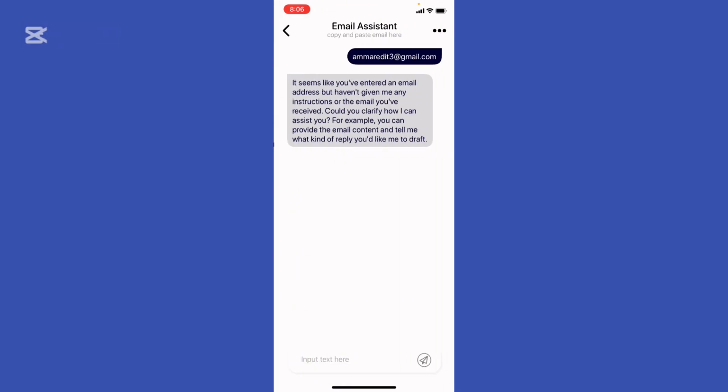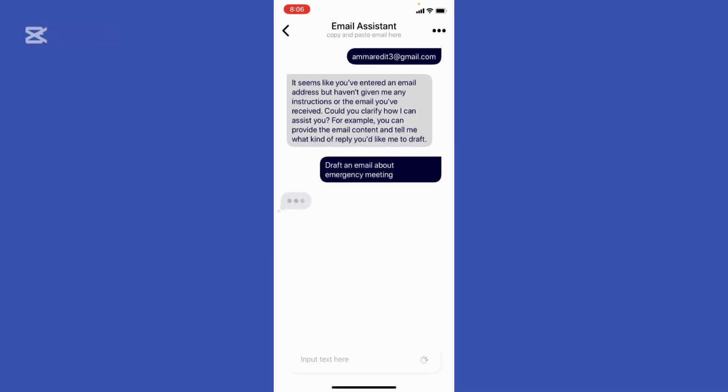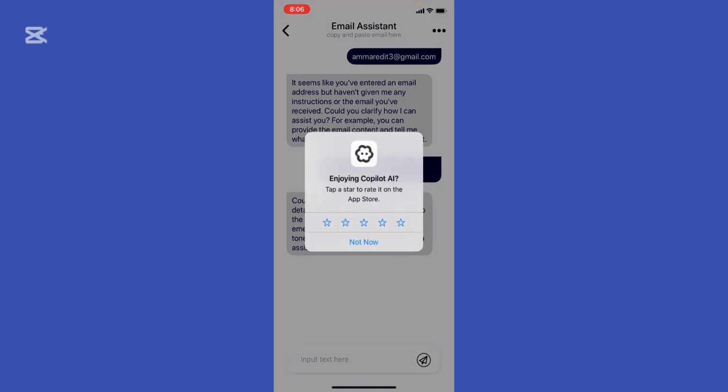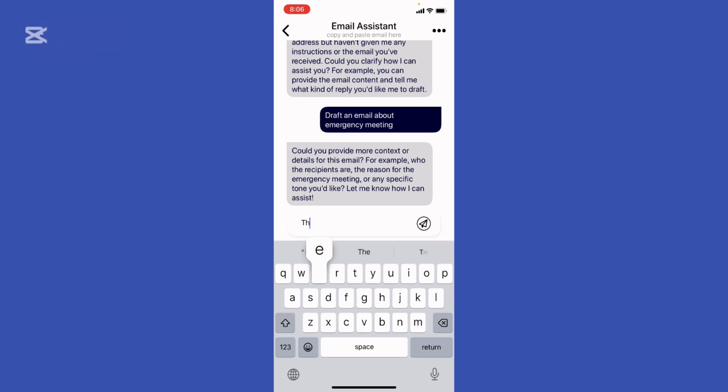You can go ahead into the email assistant, for example, and you can say draft an email about emergency meeting, right? You're gonna see right here, you're gonna wait for a few moments. Can you provide more context and details for this email? For example, who the recipients are. The recipient